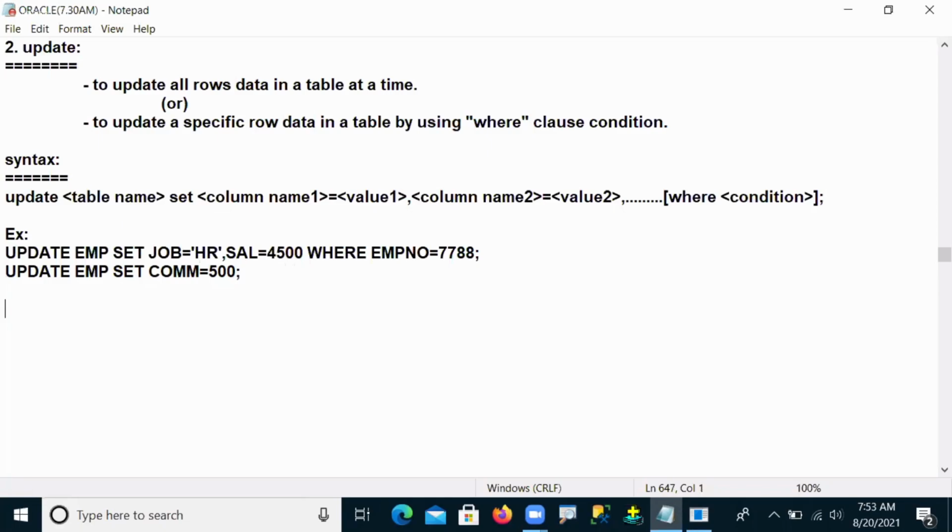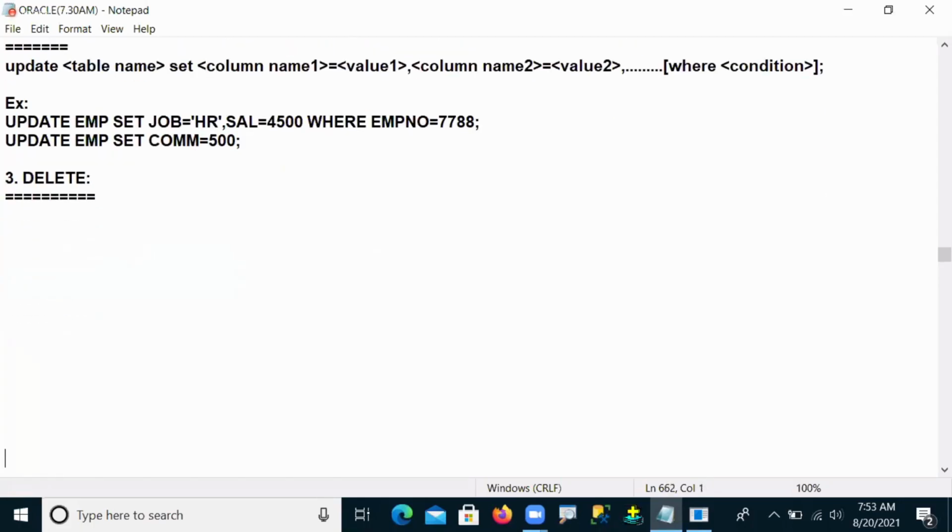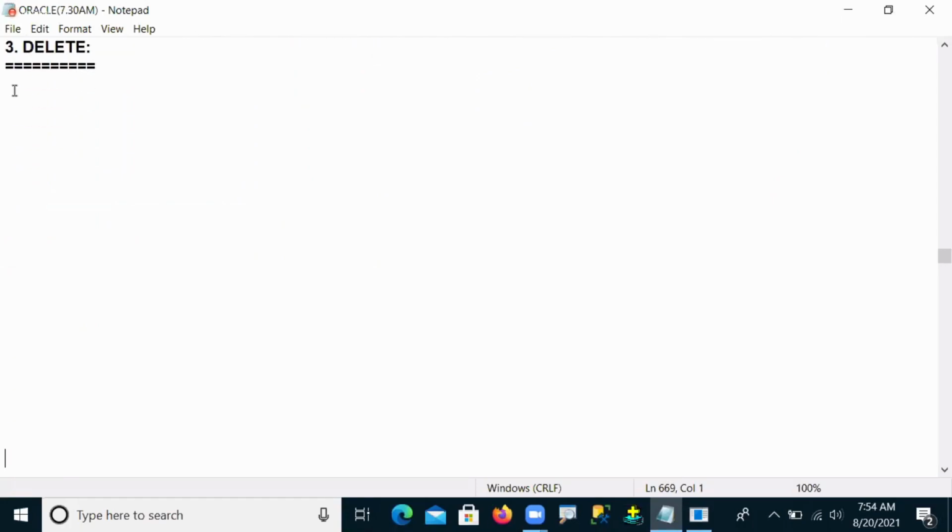And the third command is the delete command. Carefully observe the delete command. These are all our query fundamentals, so I'm not spending more time here. These are very basic fundamentals and basic syntaxes. We will complete these basic syntaxes as soon as possible, and then we enter the main concepts.